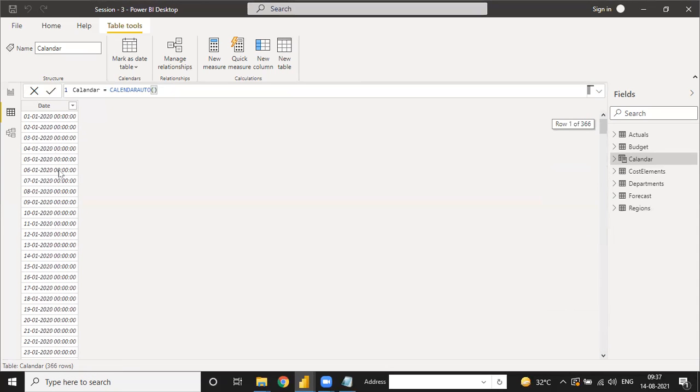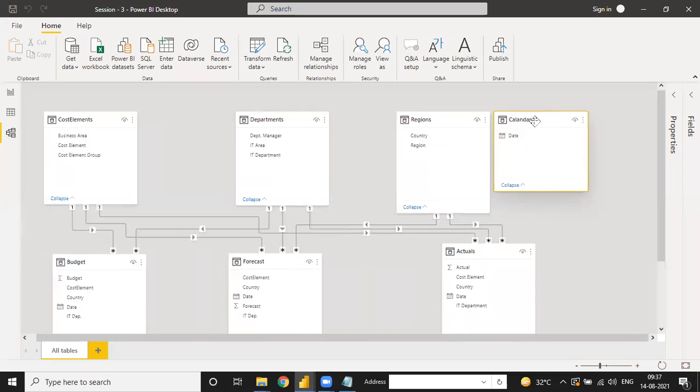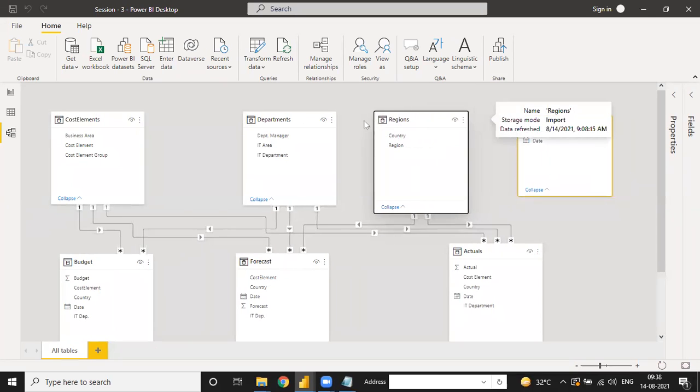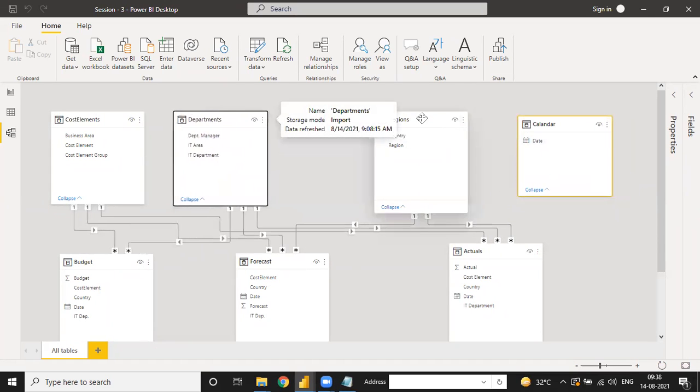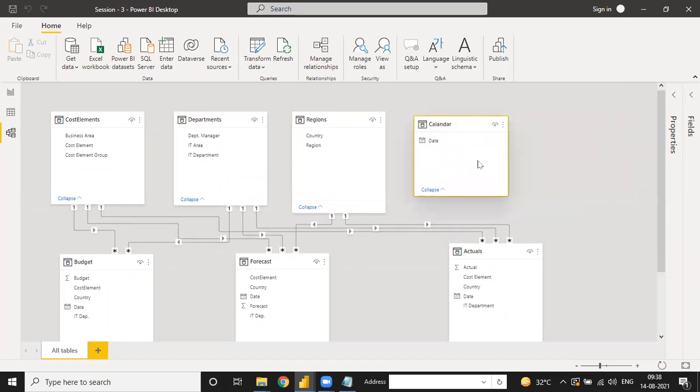This is the kind of table we have to maintain, and this table is ready. When you are making the visualization or relationship, the new table is there, and this is the calendar table. We have to connect this table with all three fact tables.